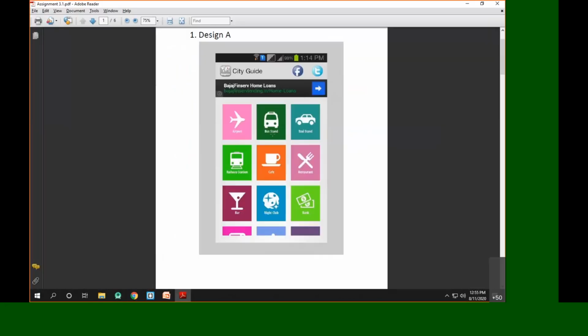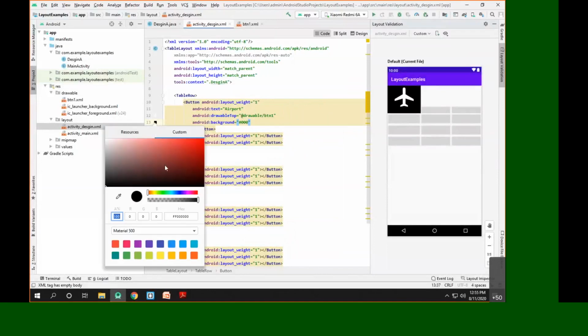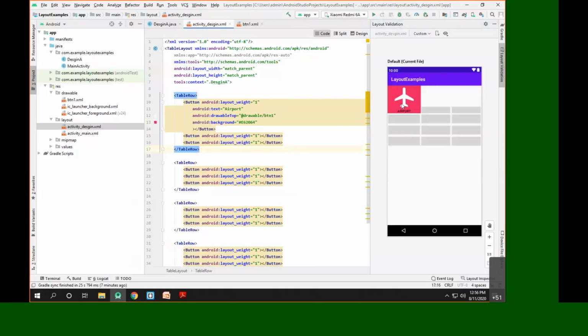Okay. Now we have to change this color to pink. Once we enter the back, you can see one black tile will be visible. You have to select this particular black tile, and you'll see one color chooser here. I'll choose a pink color here, add this color and press enter. So let me choose some dark color, and we'll hit enter. Once we hit enter, you can see this color will be applied to this particular button.